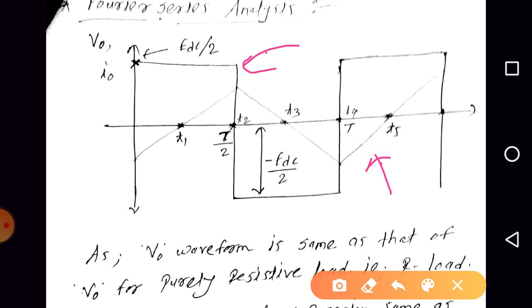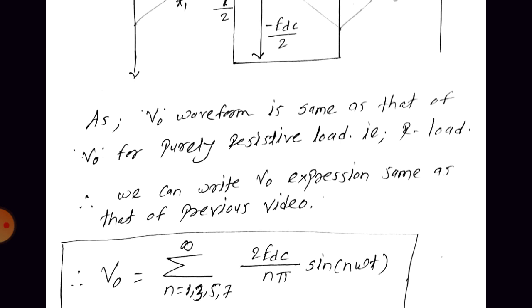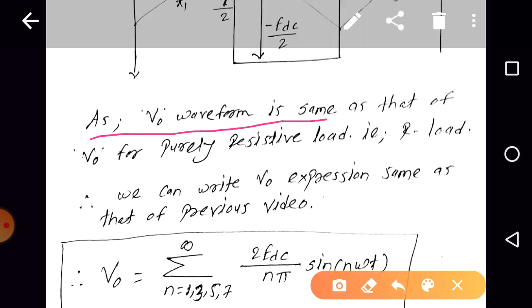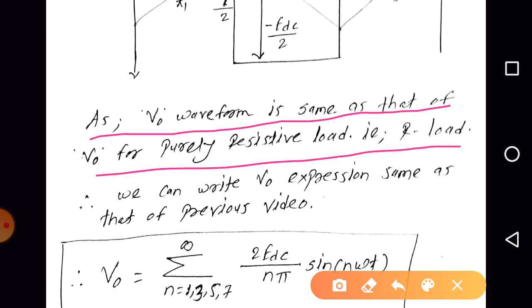So if you check this V0 waveform and the V0 waveform for the purely resistive load, are these two waveforms the same? Yes. And in the case of purely resistive load, we have already done the Fourier series analysis of this square waveform. The pulse magnitude is EDC by 2 in the purely resistive load as well as in the RL load. So as the V0 waveform is the same as that of the V0 for purely resistive load, that is R load,